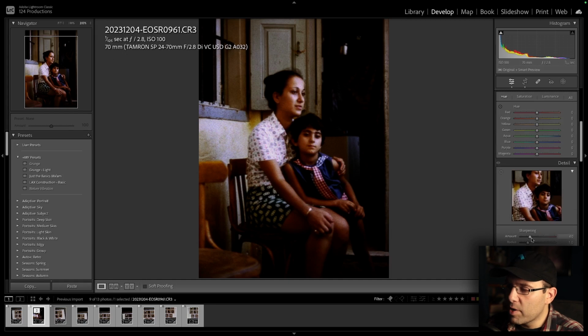If you're in Lightroom, one of the things you want to look at is is there sharpening being applied? So if I take that away, you can see that it's a much softer image now, which I actually, let's see. I like it. I'm gonna add just a little bit of sharpness. The thing is, I want their faces to be a little bit sharper, and adding that little bit of sharpness in